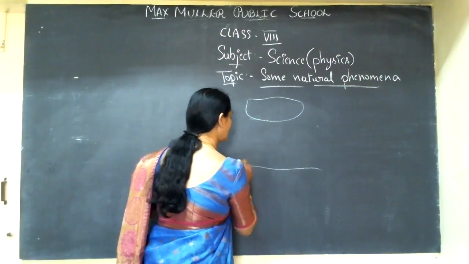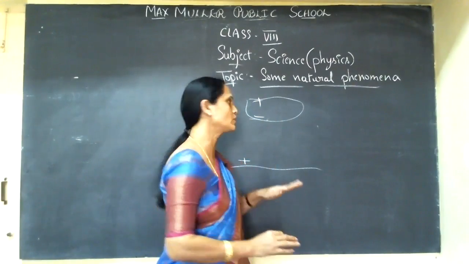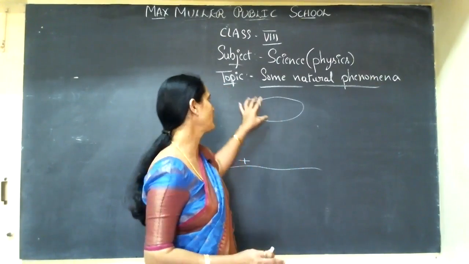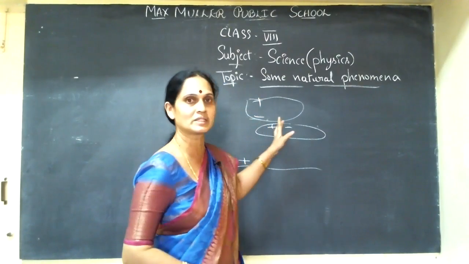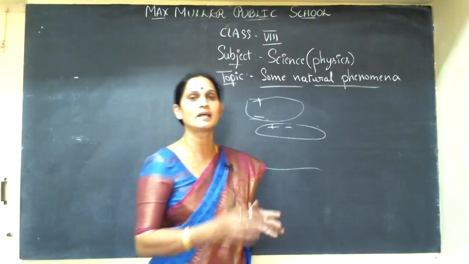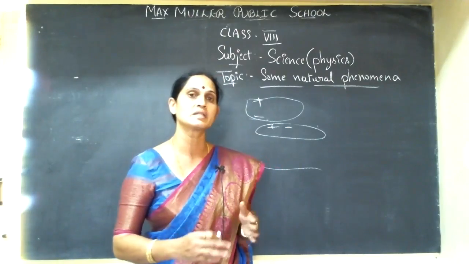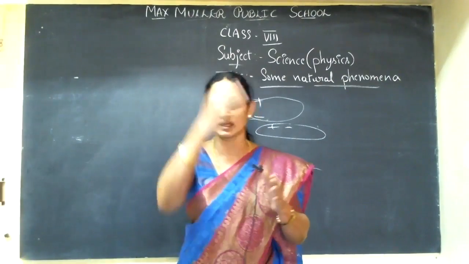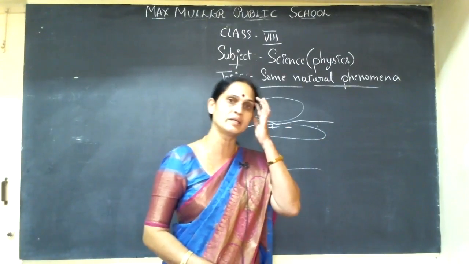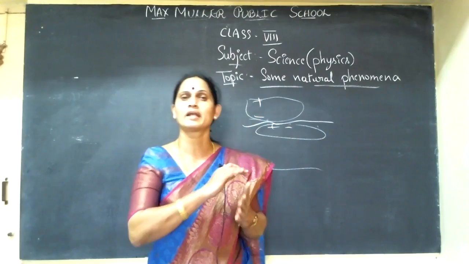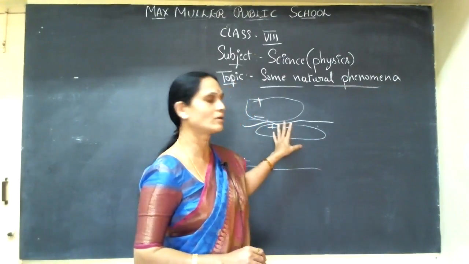And here also, the charges are already there, positive and negative. So when the cloud is moving vigorously, there will be a clash between the opposite charges, plus and minus. When it is so fast and so heavy, there will immediately be a streak, a line of light produced. That is lightning, with a huge noise called thunder. Okay, so this is how lightning occurs.